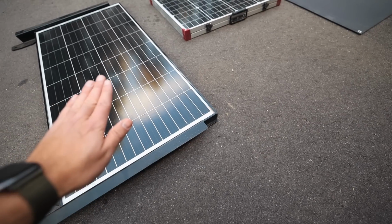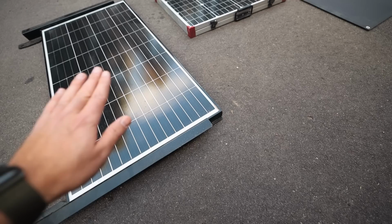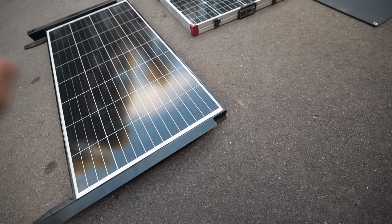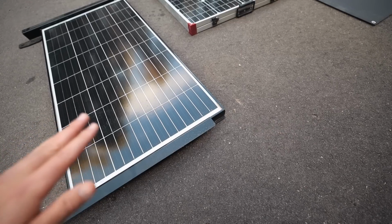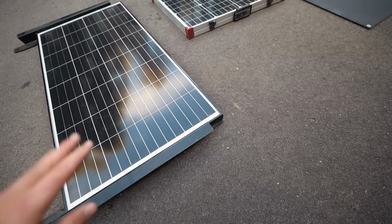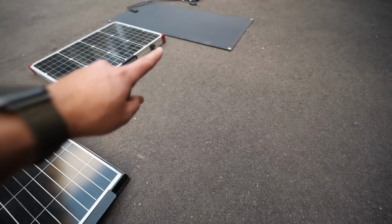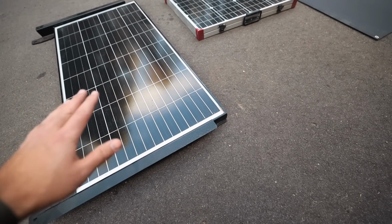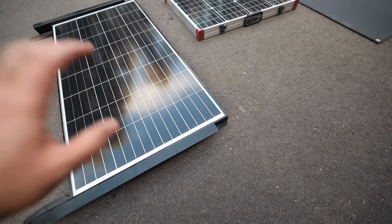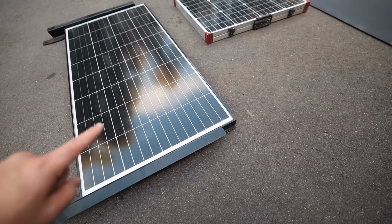They have their place, and definitely they have their place for ease, for van lifers and RV and stuff. That is their dedicated adventure vehicle, and you just put them on the roof and set it and forget it, and you have a lot of time where you're just parked somewhere for a week or whatever. These panels are good. But for the overlander, weekend warrior type, maybe not the best,